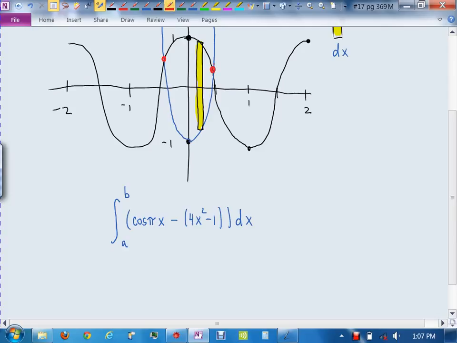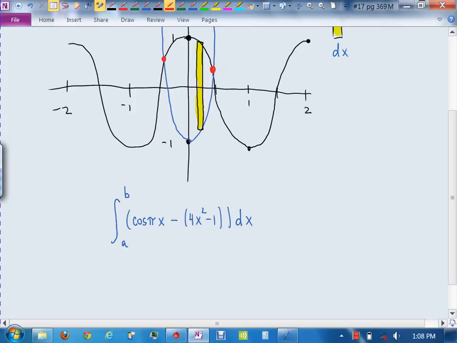Where do they intersect? Excuse me? Negative 0.5 and 0.5. Wait. Where do they hit each other? Why are you looking at me like that? Everybody's like figuring it out. I don't think they see it. But isn't it negative 0.5 and 0.5? Well, that's from my drawing. It looks that way, but